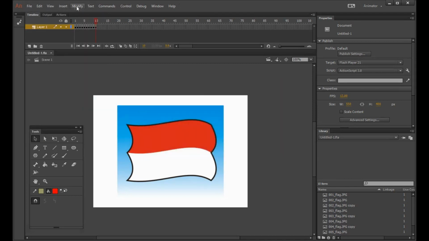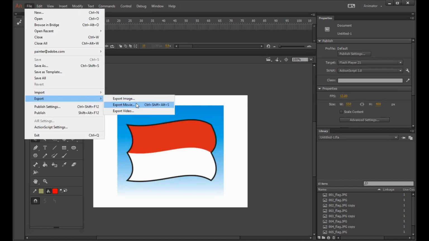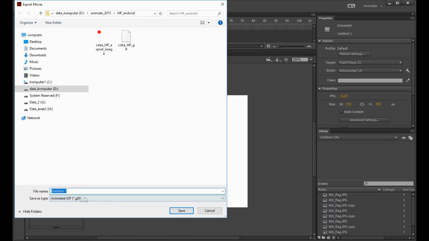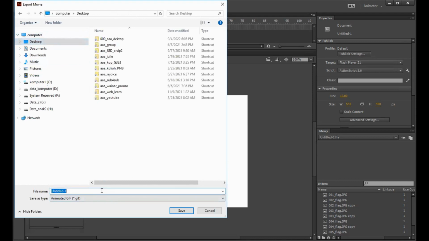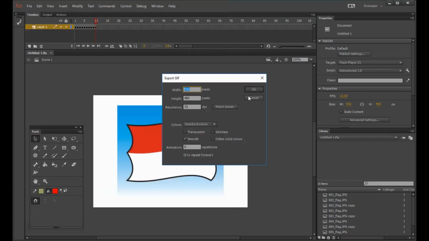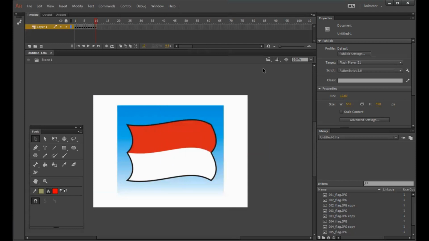I want to export to GIF, the GIF. Then here, flag animation, and then we can use it on web, on PowerPoint and others.